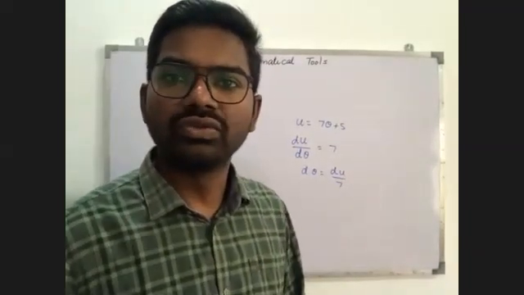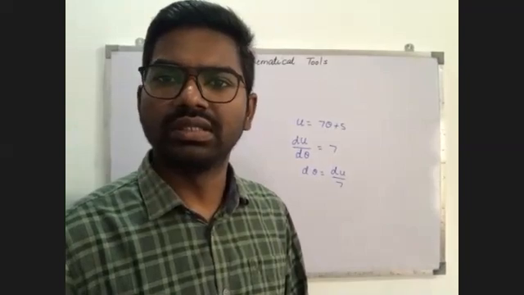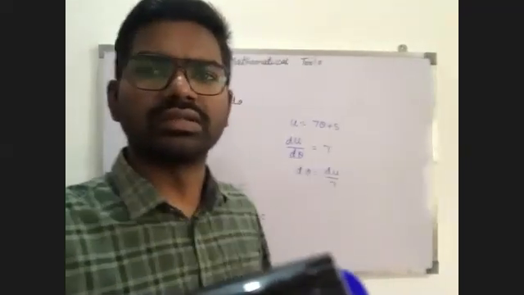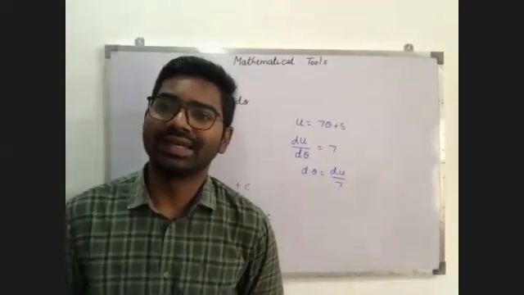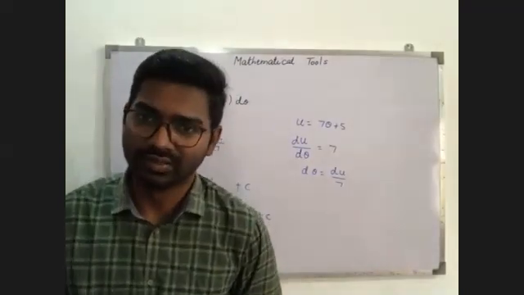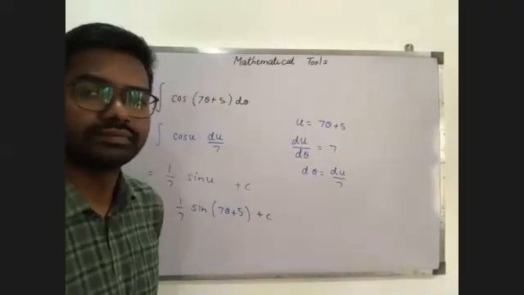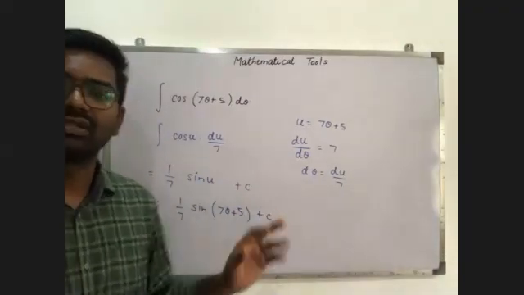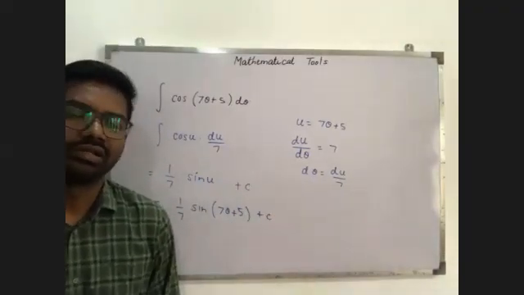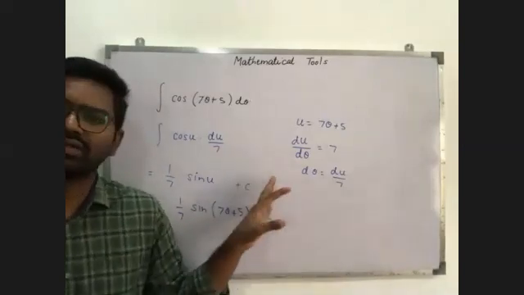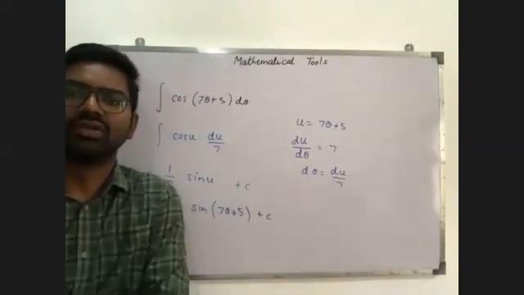So we can use the formula for cos(kx plus theta) as well. No worries. It is 1 by k sine(kx plus theta) plus c. You will get the same answer. Is it clear? By substitution also you can get it, by formula also you can get it. So everyone note it down. The substitution is the better one. No need to remember anything.